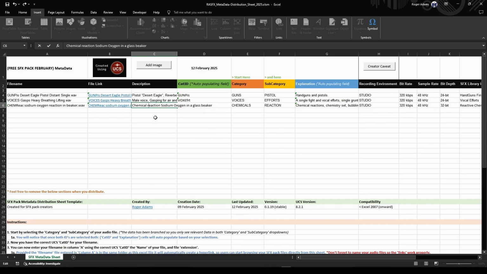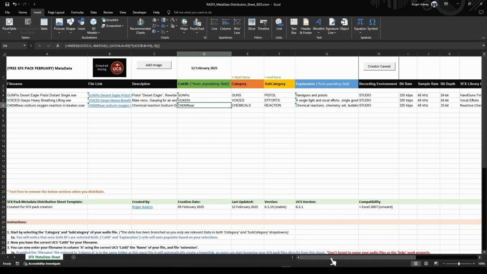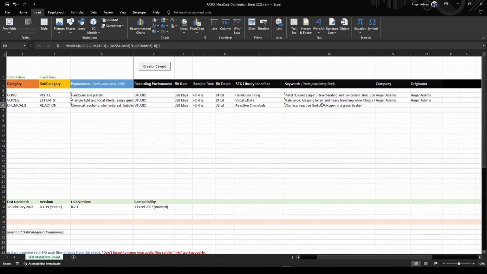If I tab across there and then now go down to my keywords, you'll notice that that has auto-populated as well, because some of those words will be relevant when you're creating the keywords as well. So to save you having to type them twice, that field also auto-populates. Obviously fairly self-explanatory, company and originator. You might put your company name in there, or something like that, so it might be your brand, and then obviously the creator, and in the notes down here,